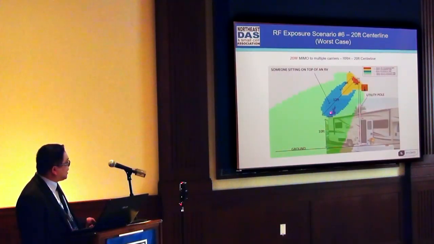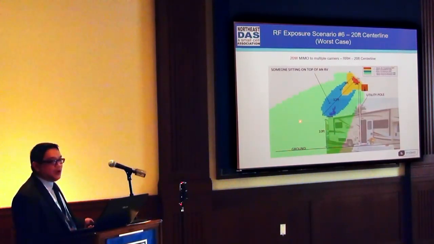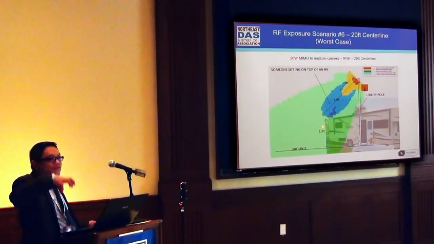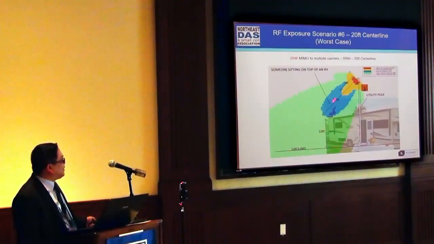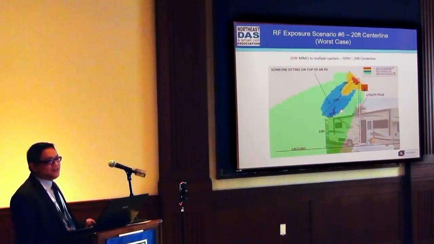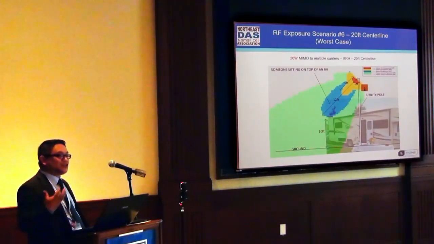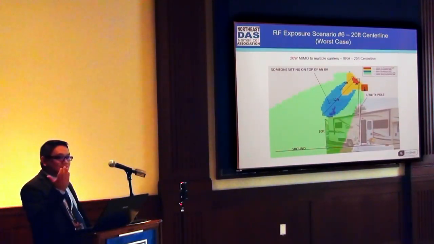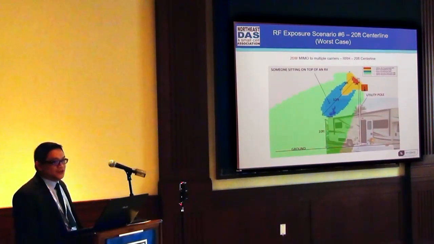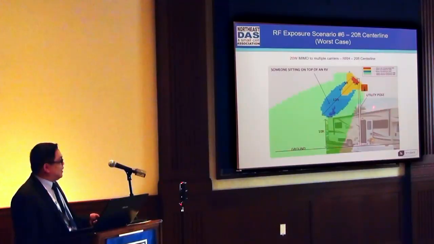So in this example, there's a guy over here, and there's an antenna over here shooting down because they want to limit the coverage so that they can have more capacity. And what's happening is he's basically being fried because he's very close to the antenna. This is only 12 feet away from the antenna. And you might say, 12 feet, that's too close for an RV and a pole to be close together, right? But in reality, because the space is so limited in a racetrack, there would be an instance where an RV would be very close to the pole. And so you have to consider this as well.